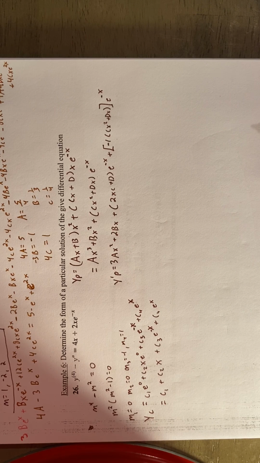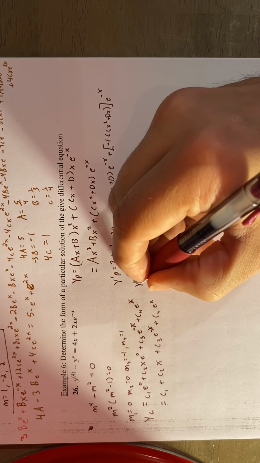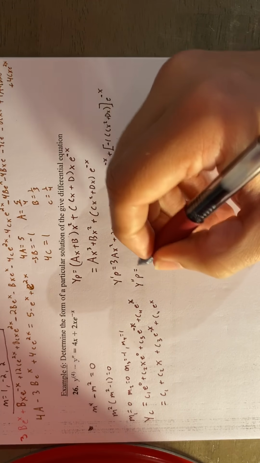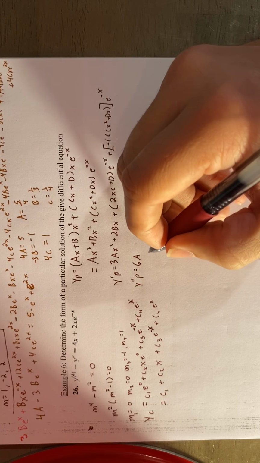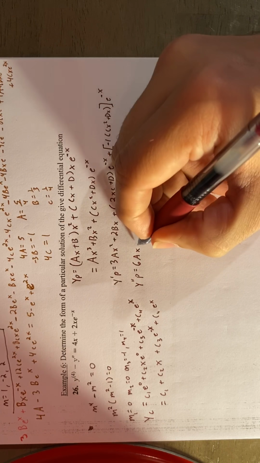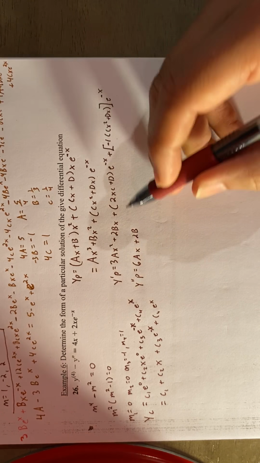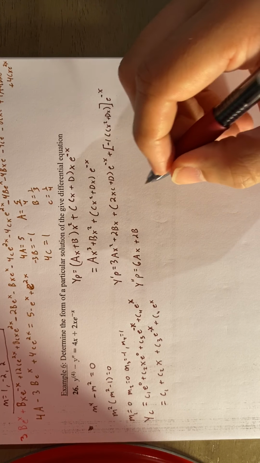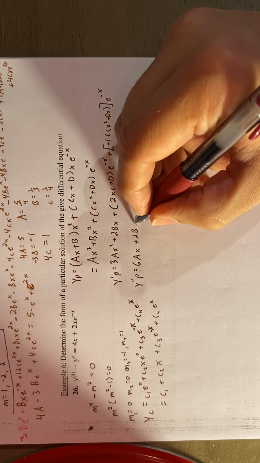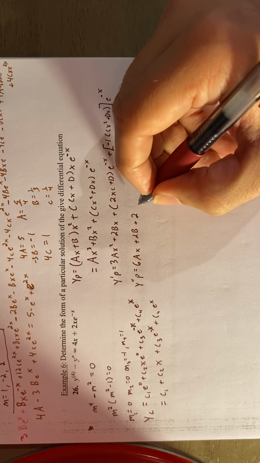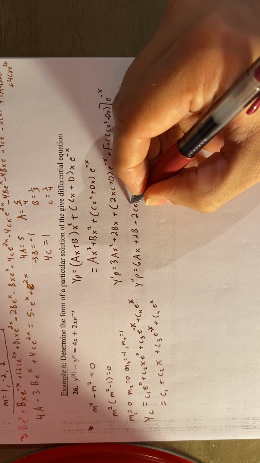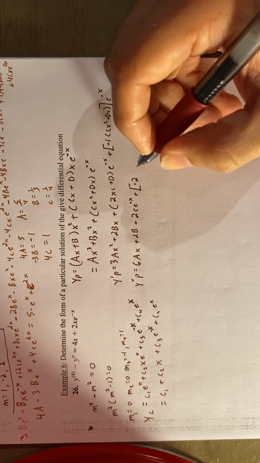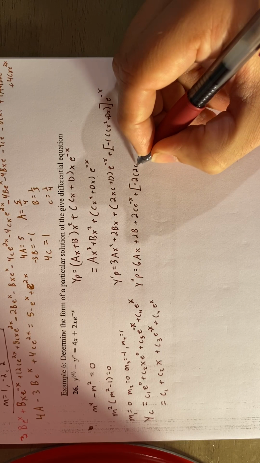So there's the first derivative. Now let's look at the second derivative. So y double prime of p. When we do the derivative here, it's going to be 6a x plus 2b. And then doing the derivative here, I'm going to go ahead and show you what you should end up with. And you should end up with plus 2c e to the negative x plus negative 2 times 2c